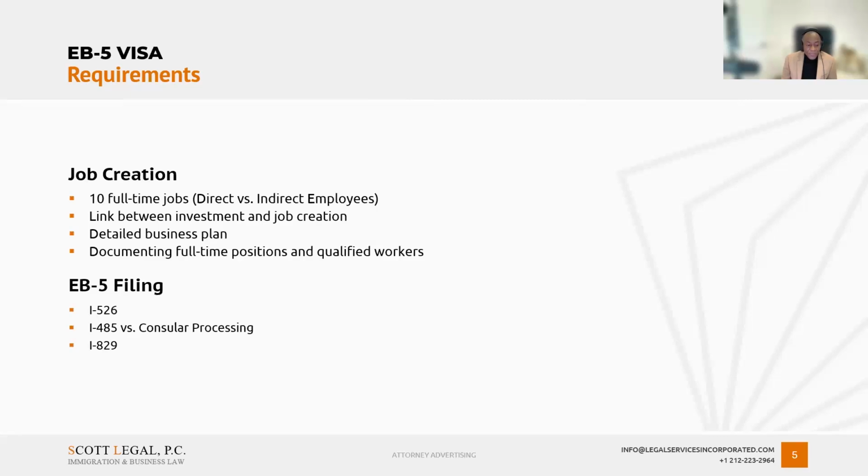The second part of the process is the standard process for any green card, right? Any green card that someone's going to get, they're either going to be filing an I-485 petition or doing consular processing. And if they're in the United States, they have the option of doing both. But if they're outside the United States, then they can only do consular processing. The one great thing in 2022 that was changed is that the I-485 can be filed concurrently with the I-526. Before 2022, that was not the case.